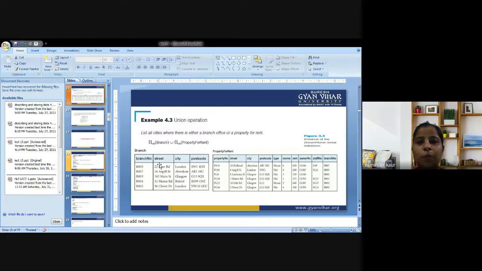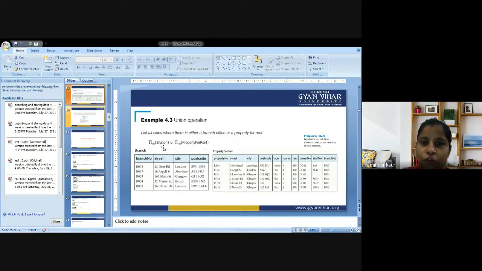So we are supposed to apply union on these two tables. What is the condition? Only city. Branch and property for rent are both concerned with the city, so only this one attribute will be returned. List all the cities where there is either a branch office or a property for rent.